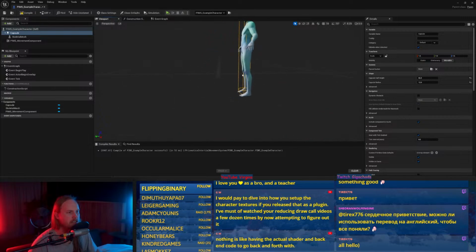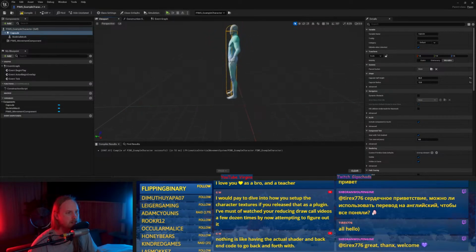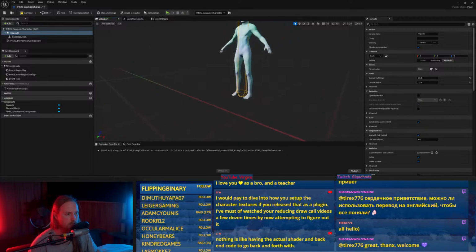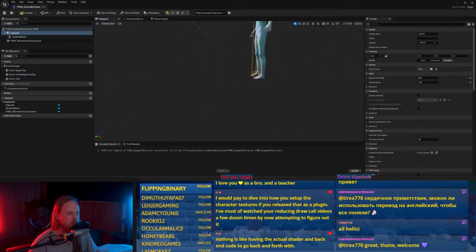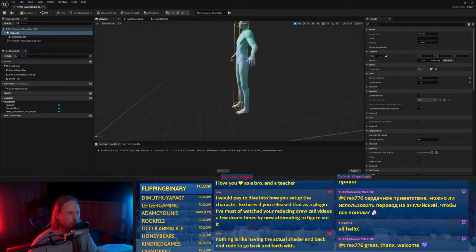Which is basically, it's going to scale based on the... Like, from the feet to the head. And probably rotate that way as well. Although its root is in the center of the capsule, which is really annoying. I wish you could root it at the feet, you know? That would be really easy.